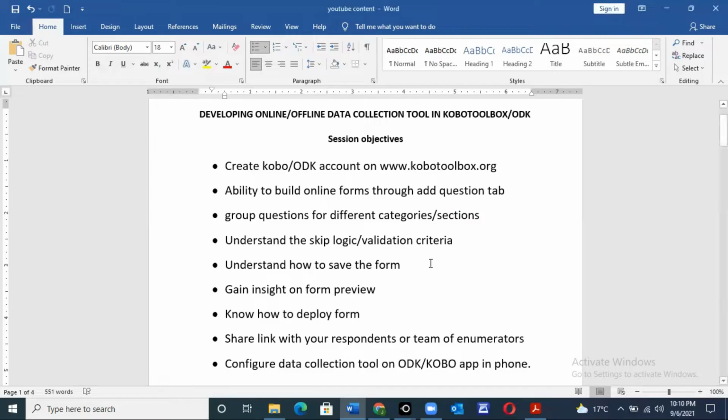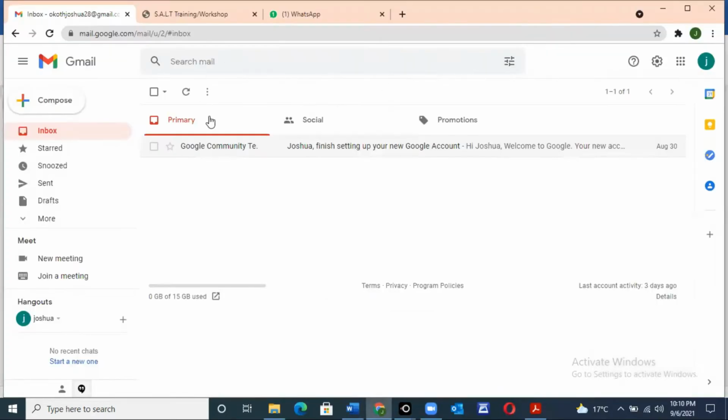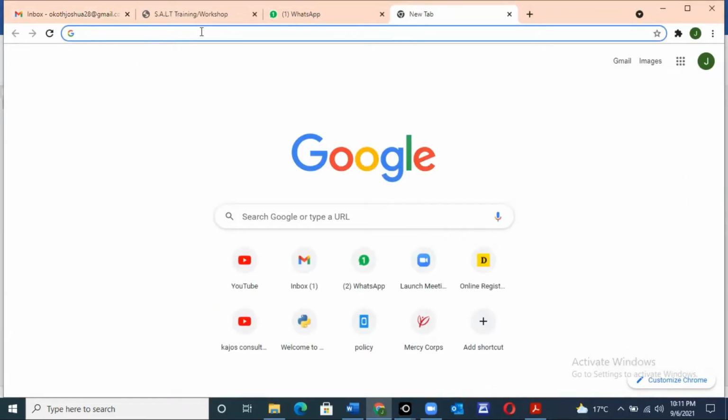To get started with our first objective, how can we create an account which you will want to use to develop your online or offline data collection tool? For that, you should visit your browser. In this case, I will be using Chrome. So this is our Chrome. Under new tab, we can create a new tab here. We're going to type